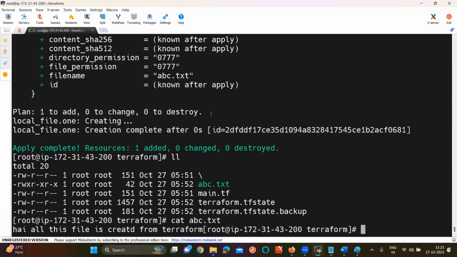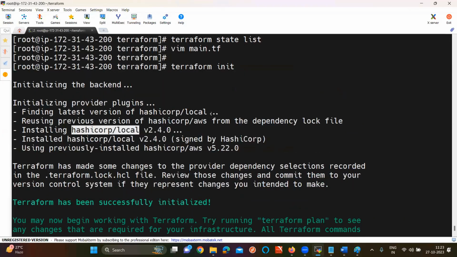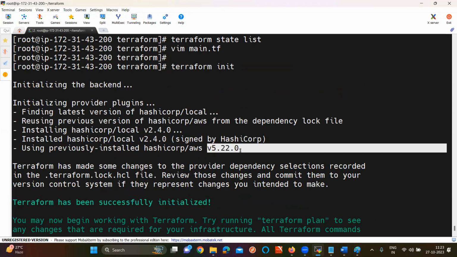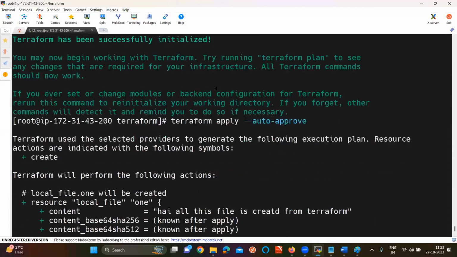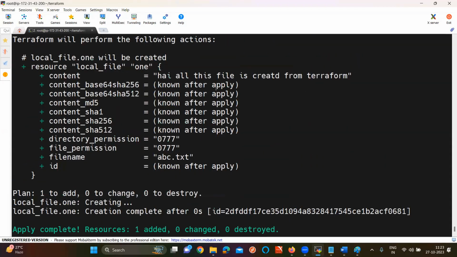Okay, sir, fine then. In Terraform, we have a concept called version constraint. Currently, what is the AWS provider version? And the local provider version? I want to update the provider version. Why? Because in general, we update our tools, or not, sir? Like this, we also need to update the provider plugins. How to update the provider plugin? There is a code. No need to remember the code. Directly in the official documentation, they will give us the code.